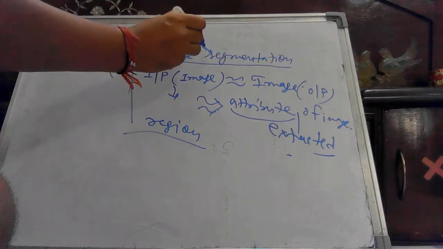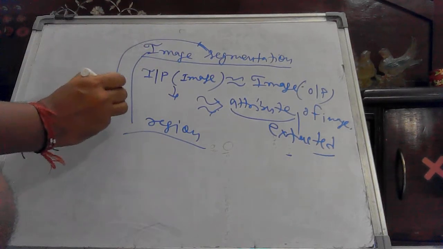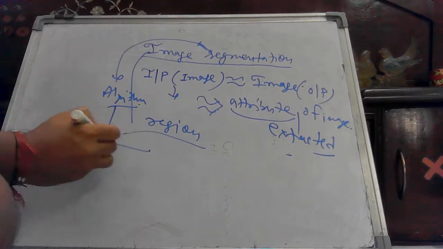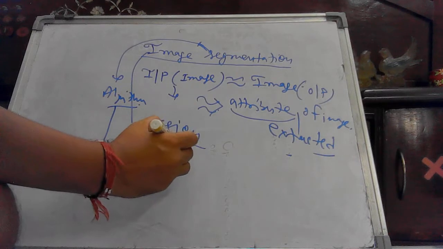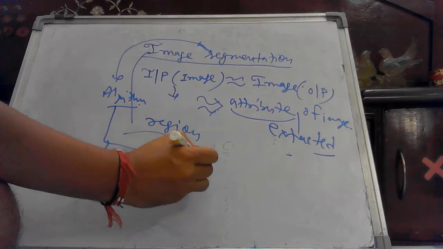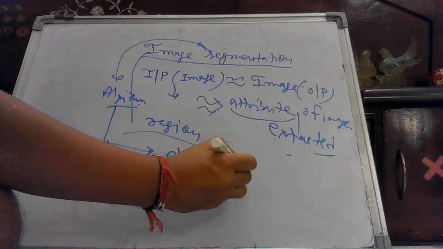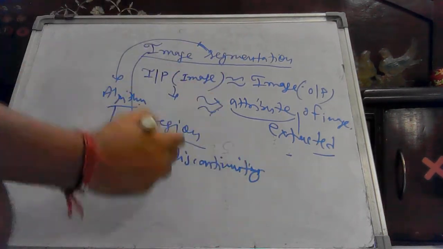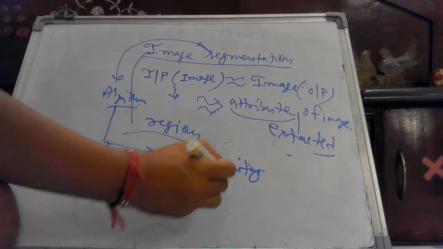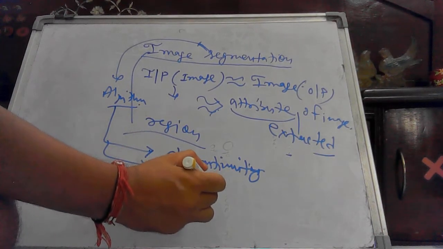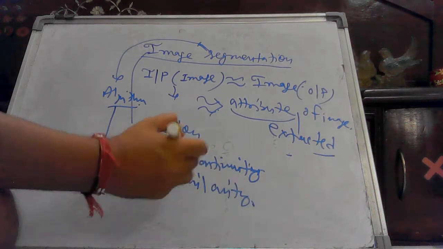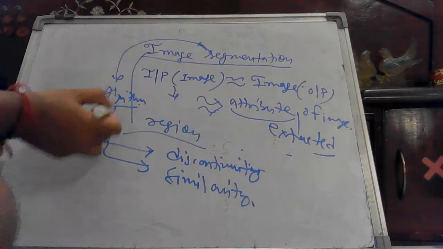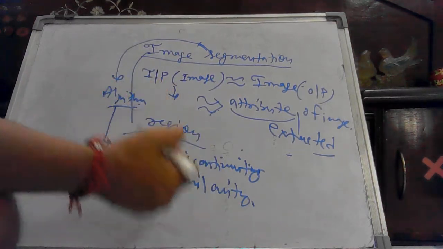Whenever you talk about segmentation algorithms, they are basically based on two approaches. The first approach is based on discontinuity, a very important property in an image. Image segmentation algorithms may be based on the discontinuity approach, or, as the second approach, on similarity. Now try to understand when you will use an algorithm based on discontinuity and when you will use an algorithm based on similarity.